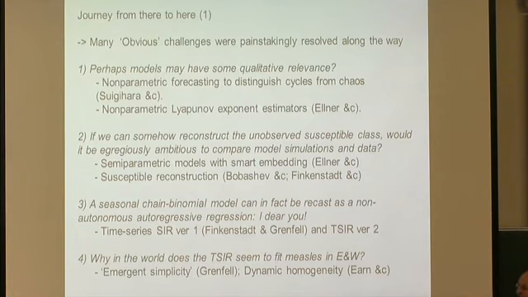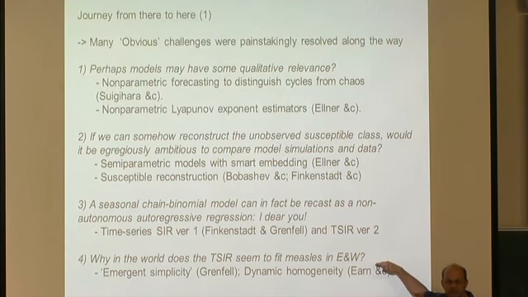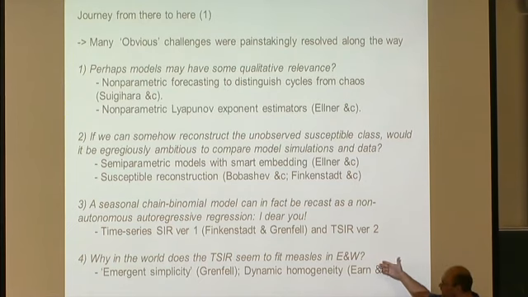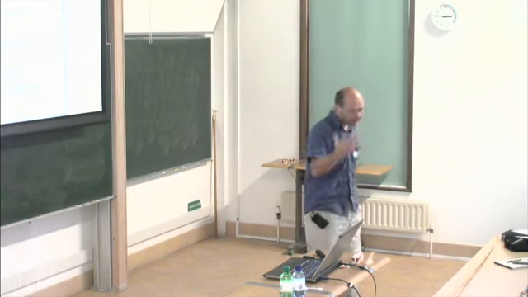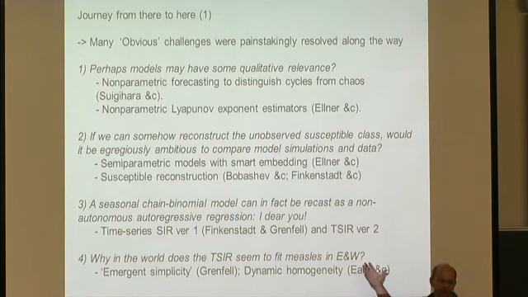So I think there were a lot of other interesting things that went on along the way that I remember, because I guess I started playing a little bit in the field around this time, where there were lots of interesting, complicated conceptual issues that we were dealing with on the way, and I think for many of us, the first thing is, why the hell does the TSIR seem to fit the data from England and Wales? It makes no sense. It's got no age structure. It's got all these other complexities that it's ignoring. Why is it of any use at all